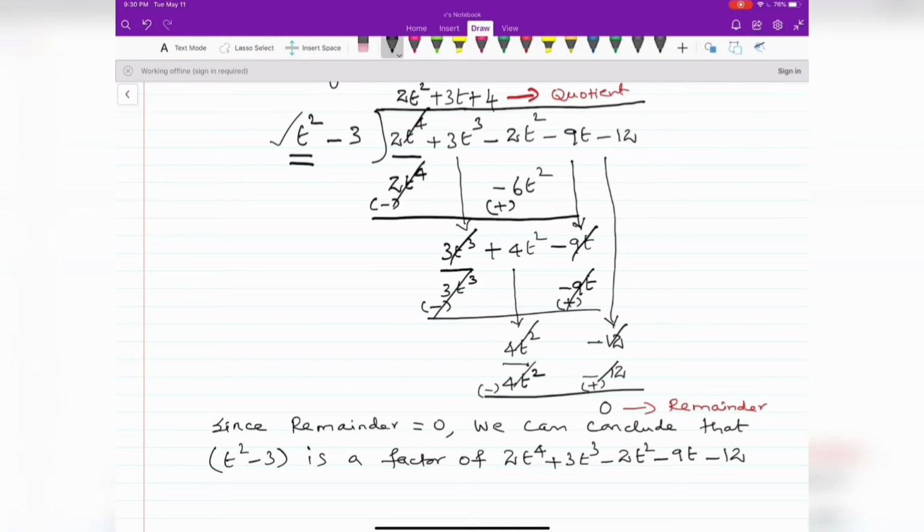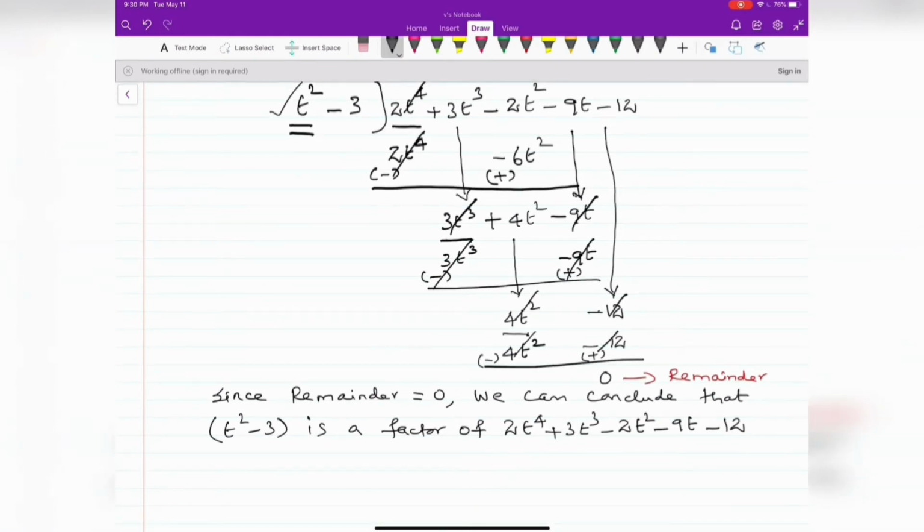Of course I told you many times, some marks will be allocated for writing the answer separately in the board examination. So, you have to write your final answer. Just rewrite the same statement. If you get the remainder as 0, you can conclude it in this manner. If you don't get the remainder as 0, then you should write, since the remainder is not equal to 0, it is not a factor of the other polynomial. So, you have to be very specific and very clear in writing your final answer.